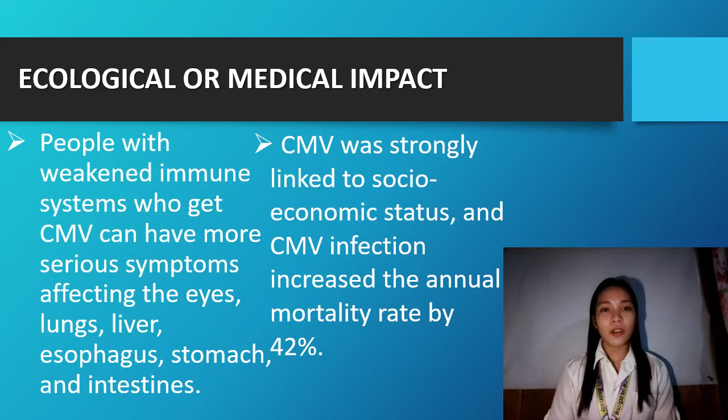Let's talk about the ecological or medical impact of HCMV. People with weakened immune systems who get CMV can have more serious symptoms affecting the eyes, lungs, liver, esophagus, stomach, and intestines. CMV was strongly linked to socio-economic status, and CMV infection increased the